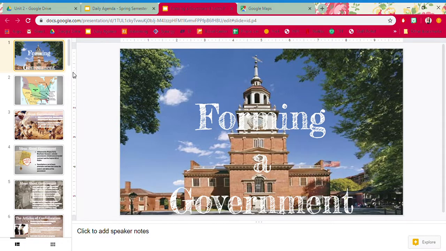I'm going to be going through a set of notes with you called Forming a Government, so that if you missed anything in class, you can get what you need here, and you can fast forward if you left off in a different place or something like that. But I would highly recommend that you do listen to what I'm talking about with these notes, because some of the concepts can be a bit confusing if you're just reading the bullet points. So I highly recommend you listen, and of course ask questions or ask for help if you didn't understand something, or you need me to explain it in a different way. So make sure you have your notes open, and I will be going through forming a government.